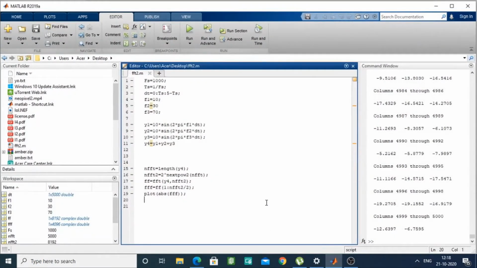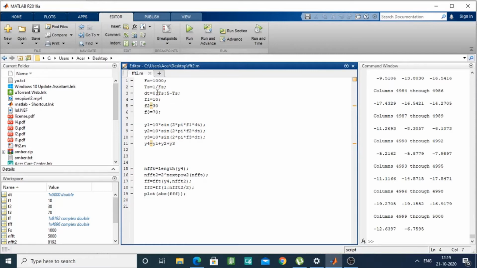Here you can see that I've made this code. Let's understand what I've done here. Here we have taken fs to be the sampling frequency, and we have taken the value to be 1000 hertz. Then ts is 1 by fs, which is basically the sampling period.